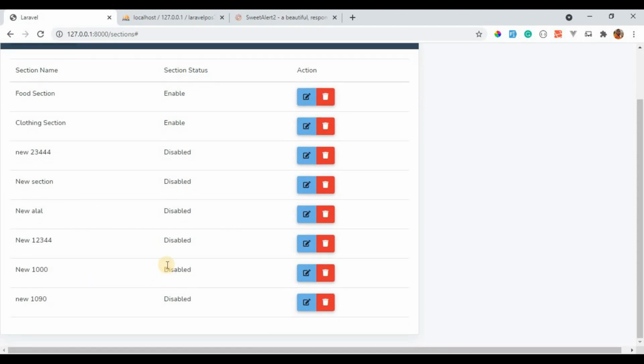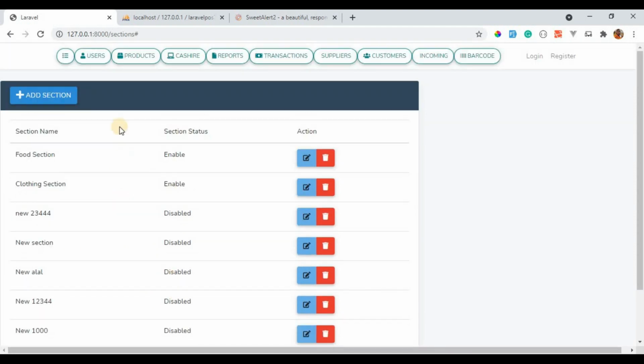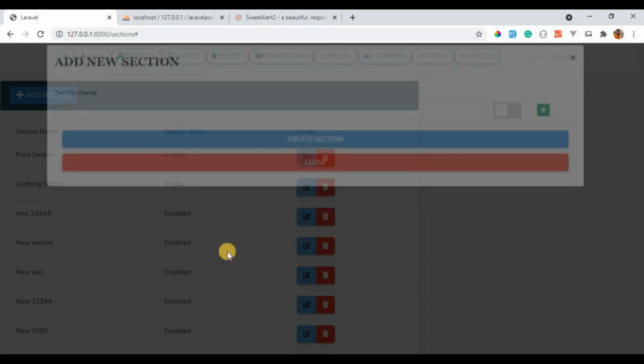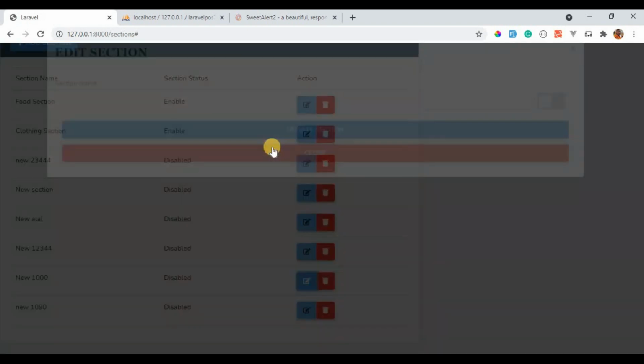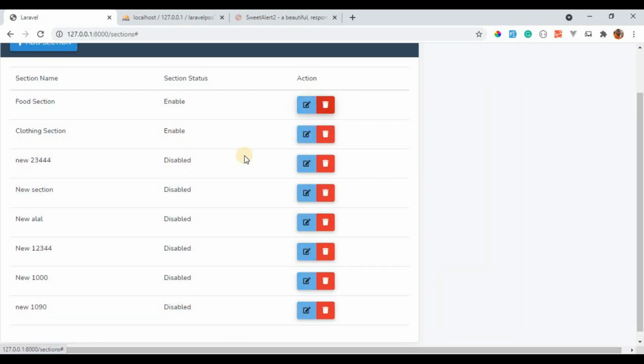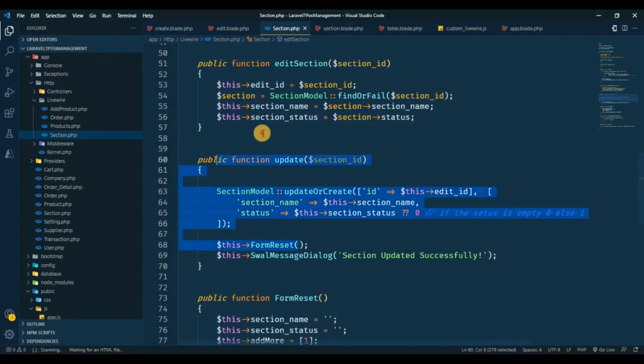So I will check it later why it is working. So now I am able to add new and also I am able to edit this. Now let's start to delete. Come here. What I will do is,